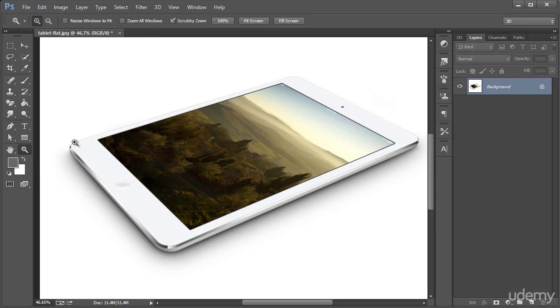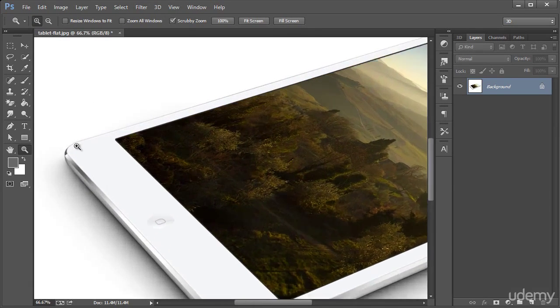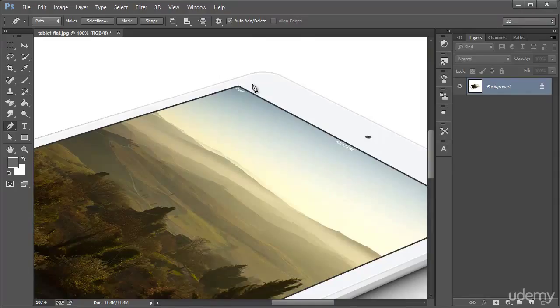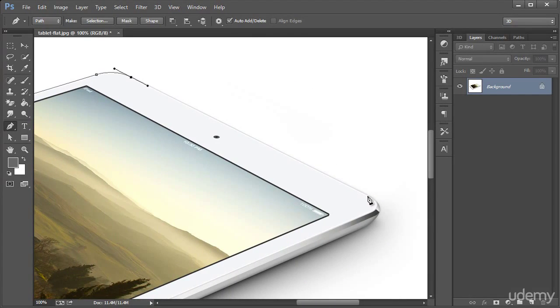If you zoom up to around 100% or even more, you can click just inside and make a real quick selection of this object. So you're left clicking and dragging just along the contour of this tablet here,